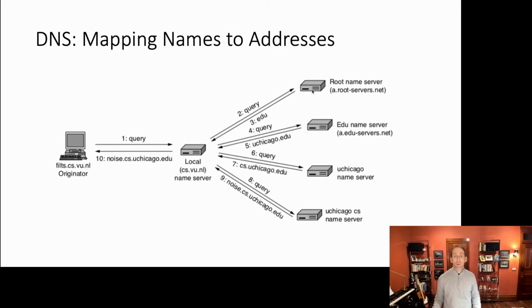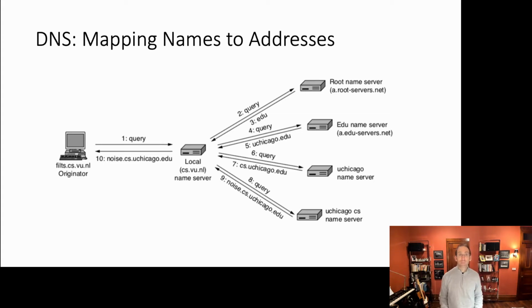The root name server is responsible for referring the querier, or the resolver, to another name server that knows about edu. The edu name server then issues a referral to a name server that knows about uchicago.edu names, and that name server subsequently issues a referral to a name server that knows about uchicago.cs names. Ultimately, a name server will know the IP address for the entire fully qualified domain name and return that IP